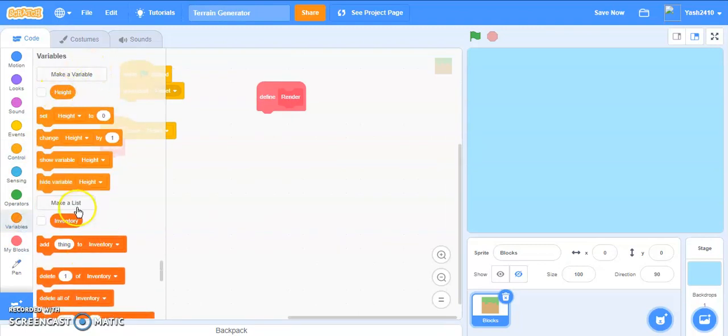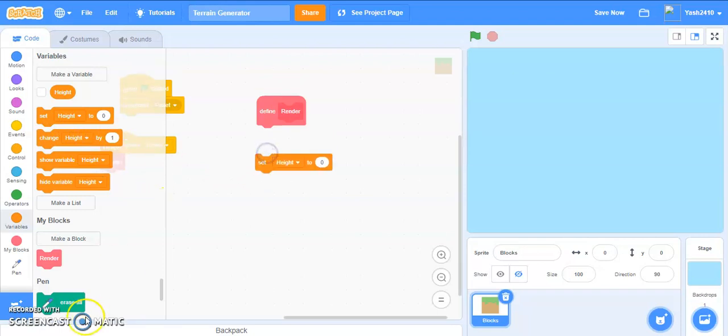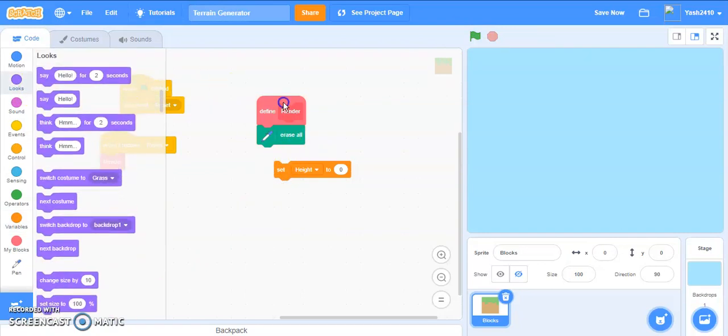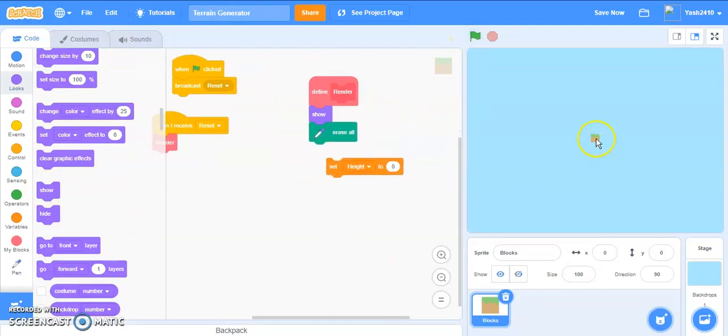I already have it, height. Actually, this inventory list I'll delete right now. That's for the next tutorial. And we will, from pen, erase all. We will drag our block. Where's our block? And we want to show. And now this block, we want to drag it to the corner,